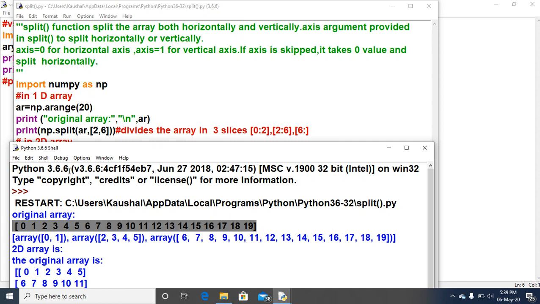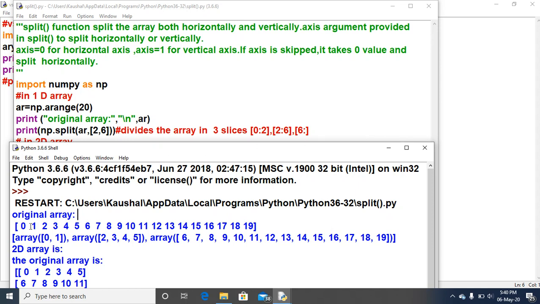The second line is np.split(AR, [2, 6]), which divides it into 3 slices. 0 to 2: 2 will not be taken, as with array slicing I told you earlier. So it will be 0 to 1, then 2 to 5, and then 6 onwards.